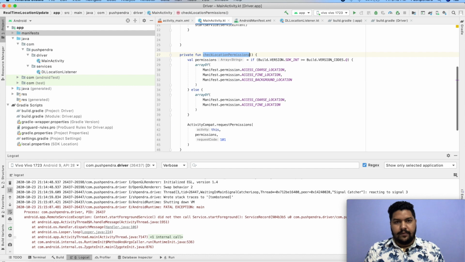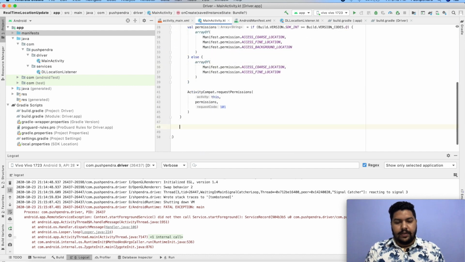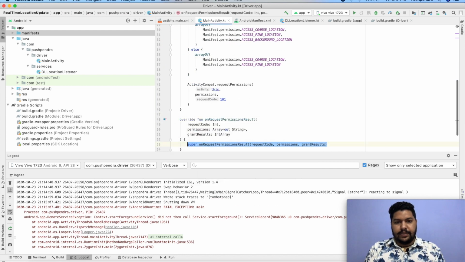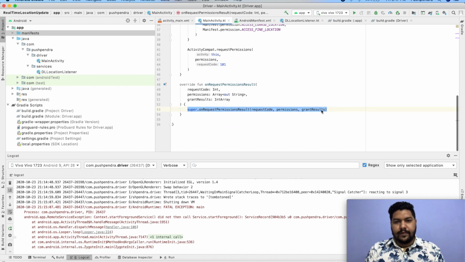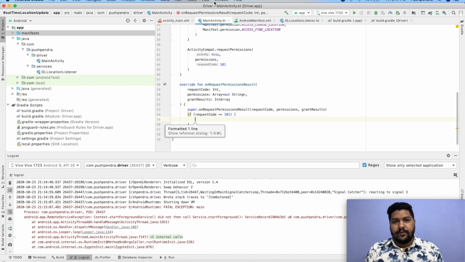Great. And we will call it here, and over here on permissions result, we will check if request code double equals 101 and permission granted, then here you can put the same code.